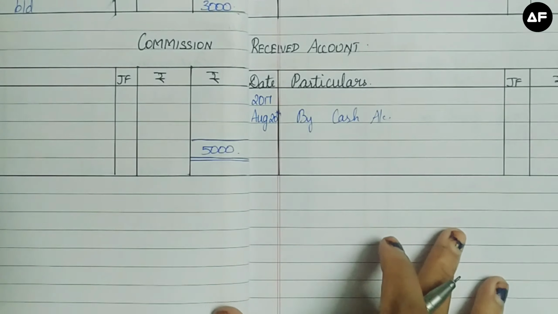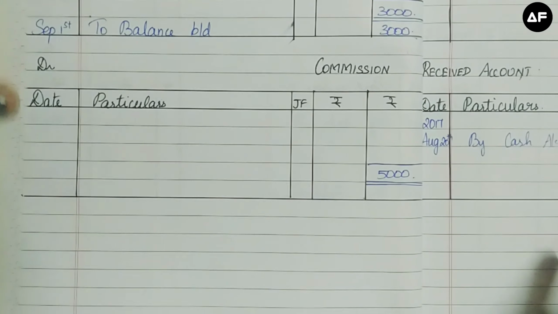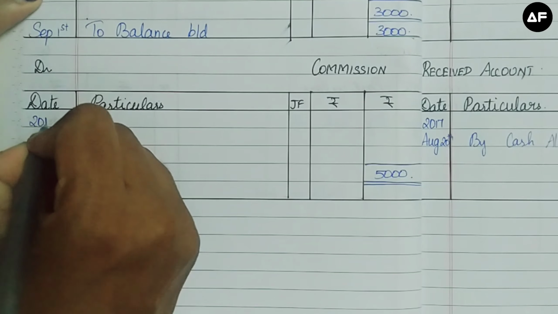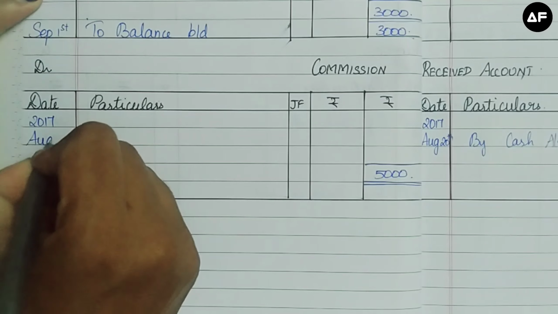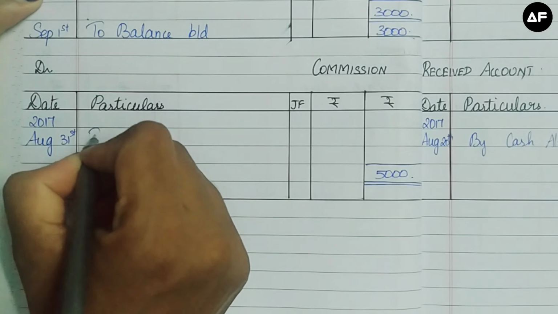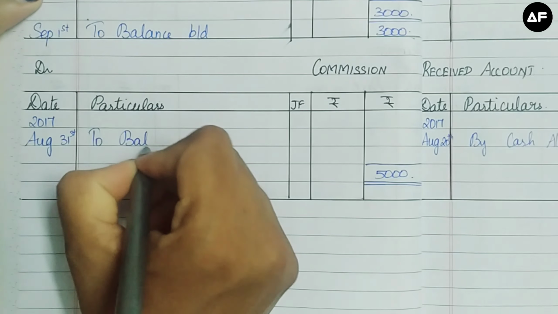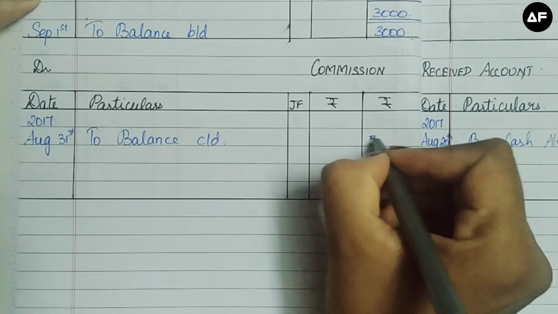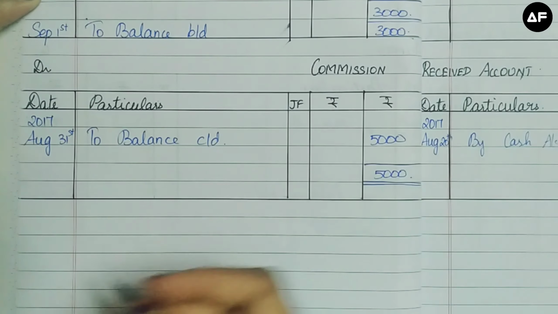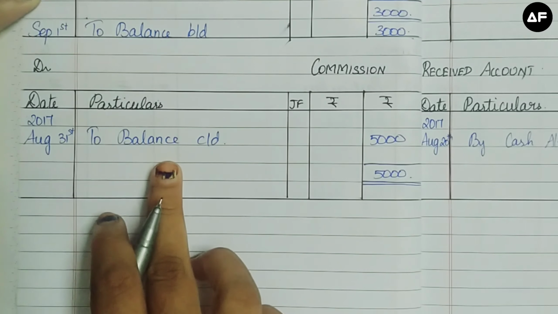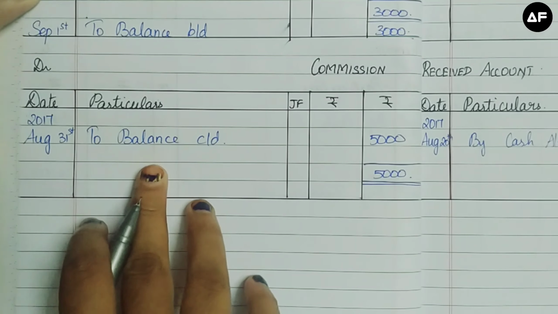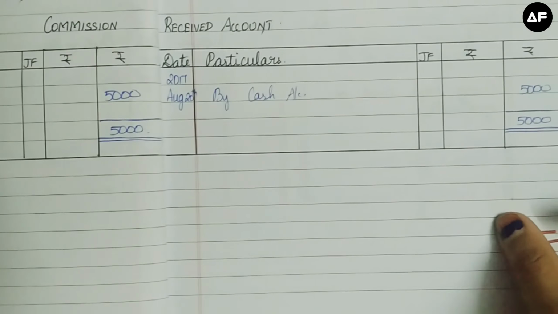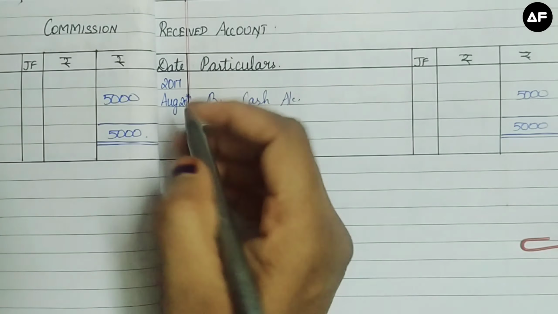After that, the balance carried down is going to be recorded on my debit side since it doesn't have anything and it is the lesser side. So 2017 August 31st, the last date, to balance carried down is recorded as the same 5,000 because 5,000 minus nothing is the same. So now I got my carried down on my debit side. I'm going to take it to the credit side and make it the opening balance for the next month, that is September. So I move to my credit side.